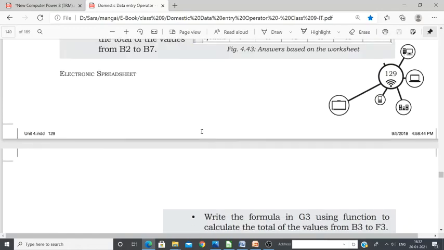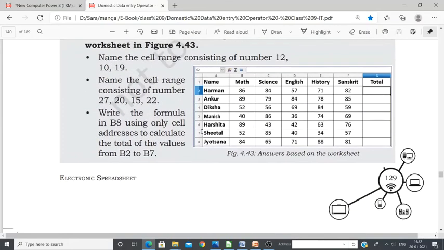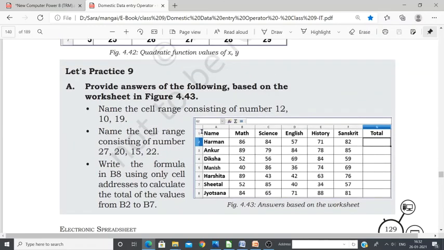Is it clear? So today we covered the last portion of this chapter, that is references. There are 3 types of references. The first one is relative reference, the second is mixed reference, then absolute reference. These 3 references we studied, and then the last one is charts, different types of charts to compare the data. So the chapter is over. Students, please read this chapter from the soft copy carefully and listen to the videos. Then listen and then read the chapter. That will be easy for you to understand. Got it? Okay.